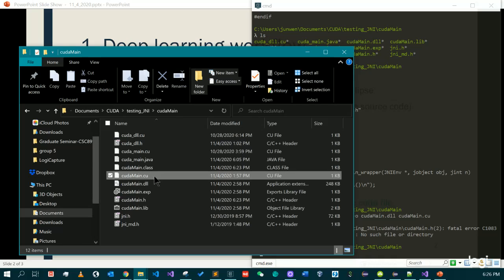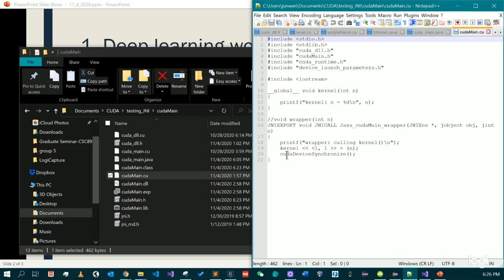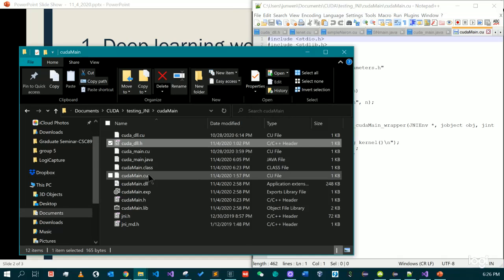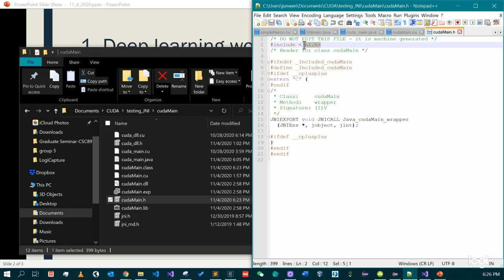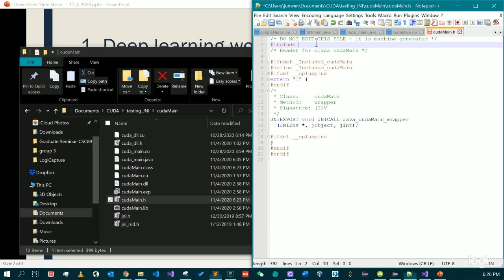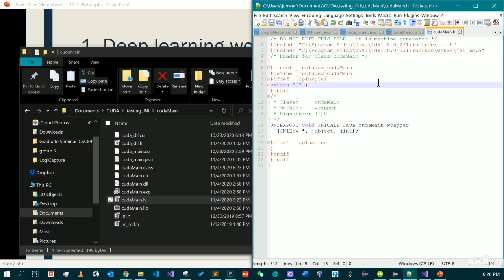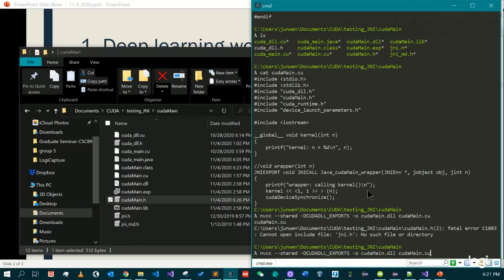So if we take a look at the code, let's pull this up, and we will see that from the CUDA file, which were including, sorry, I think it should be another header file. So it should be this one. Here we have to include the repository that's from my computer directly. So let's do this. I think that should be fine right now. The header file should be okay. So let's try it again. If we try to compile it again,